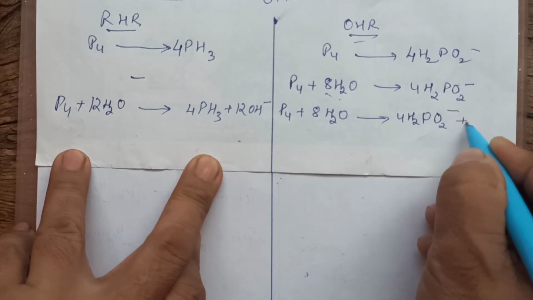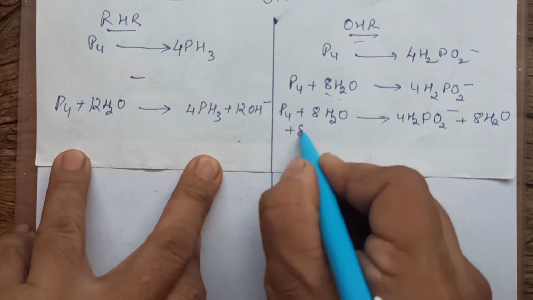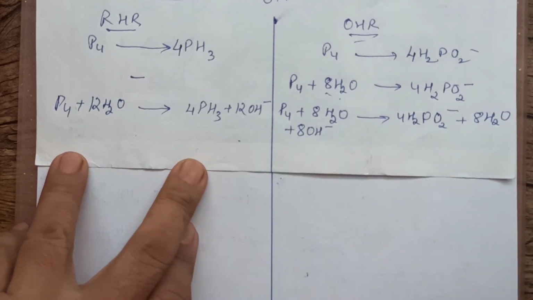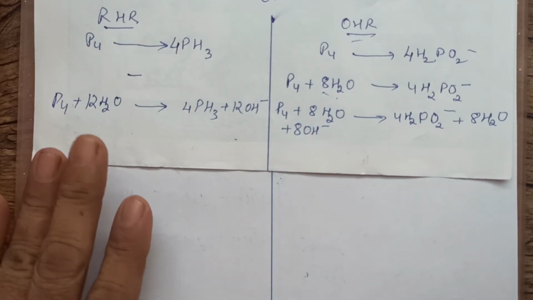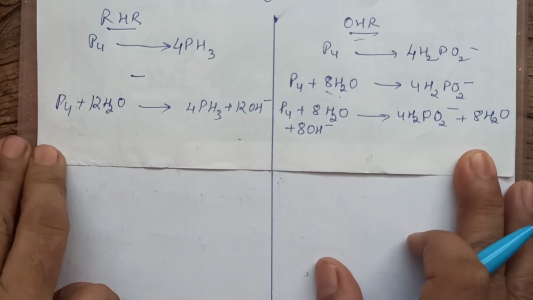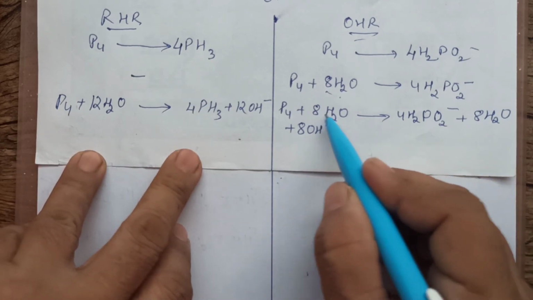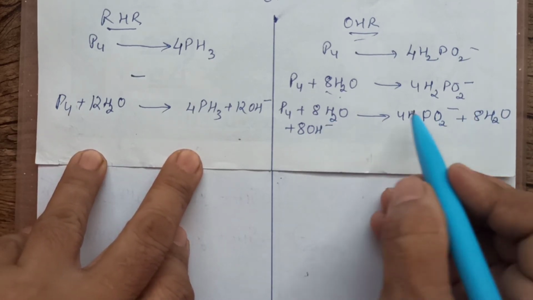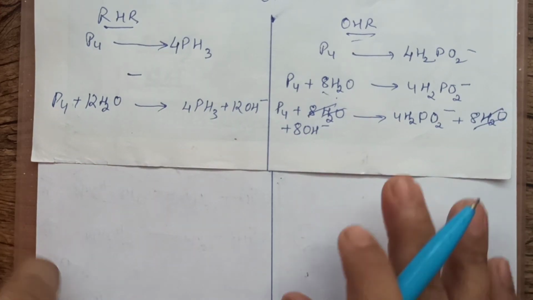There were 8 less here. You will add 8 water molecules on the left hand side and the same number of OH minus on the other side. Deficient side water. Check how many are less, that many you add, and then the same number of OH minus on the other side. Clear? Now, in the next step, you will find water, 8 and 8 are coming. So now you can cancel out because we don't want the similar terms on left and right.